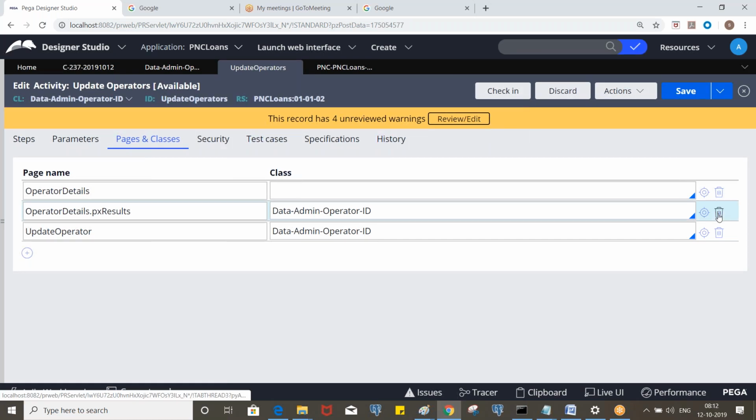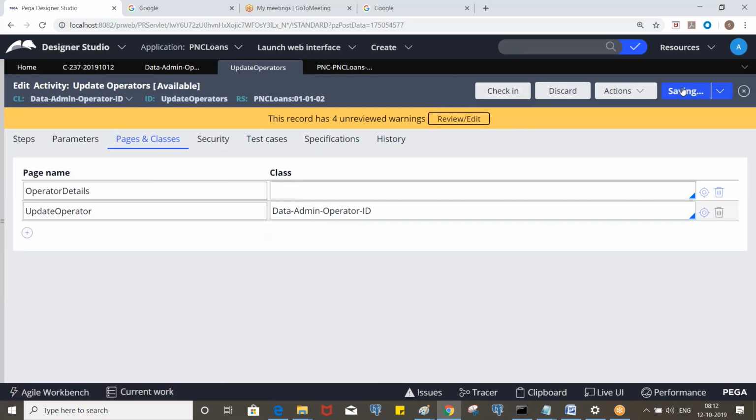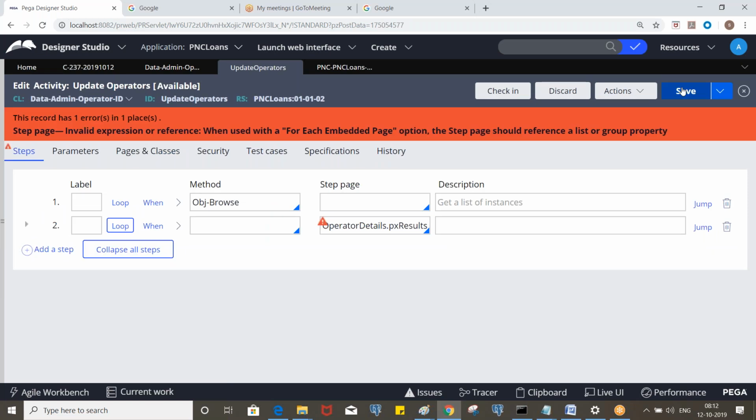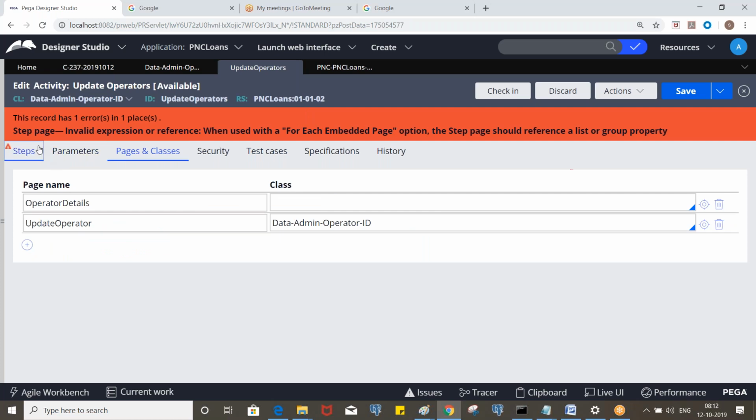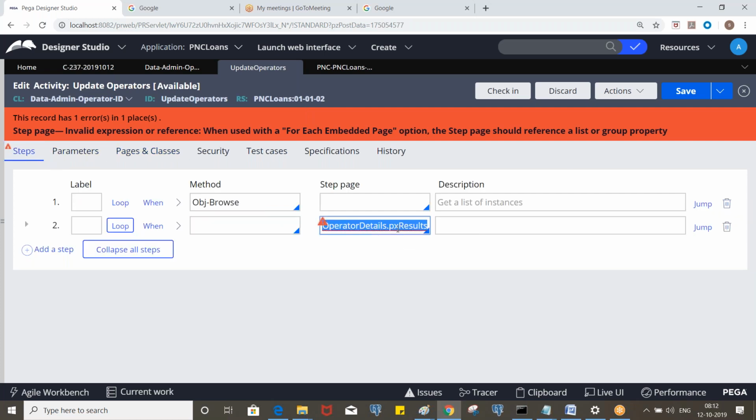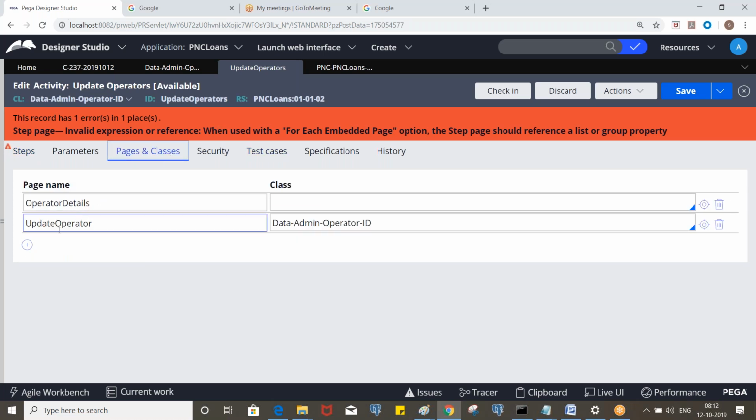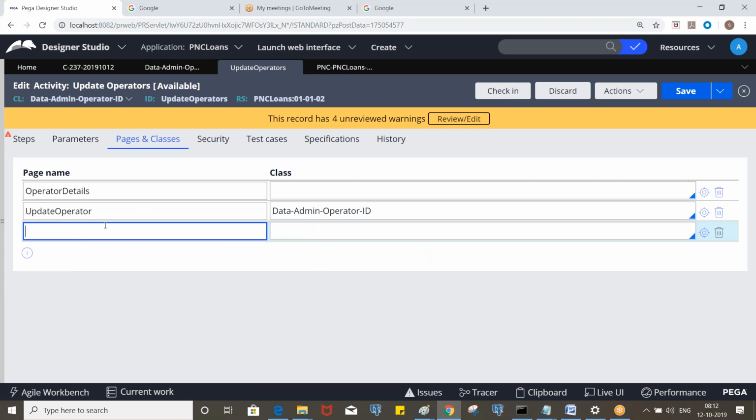Here we define the pxResults, so we must define it. Let me come to that point. This will be Code-Pega-List, so you need to define the same as the clipboard structure, how it is getting generated.